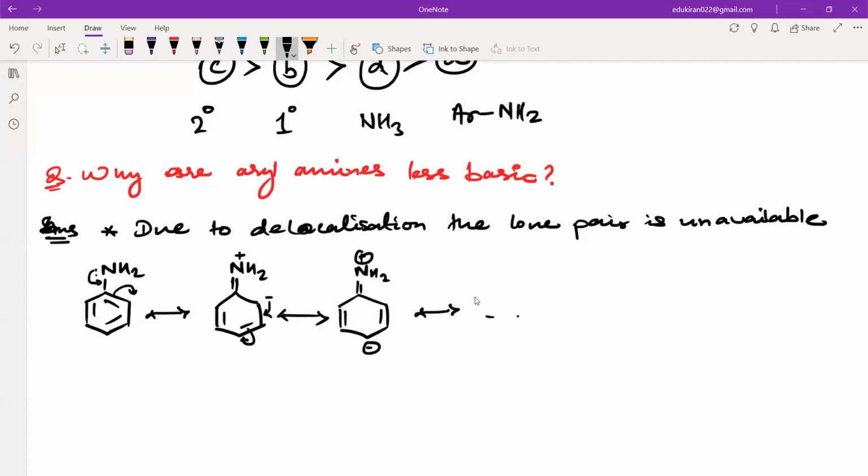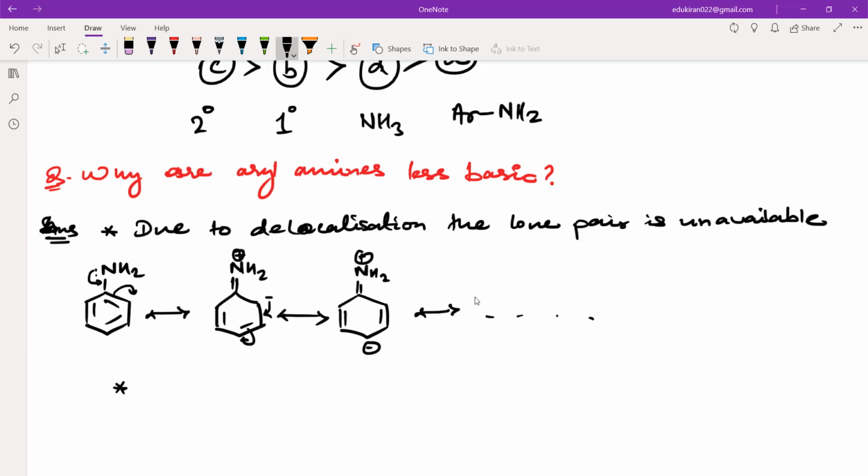Right. So you can draw further resonating structures, and you can see that nitrogen doesn't even have a localized lone pair. It is delocalized. So that is one of the reasons. The next reason is, let us suppose that even if that lone pair was available and they formed a compound,